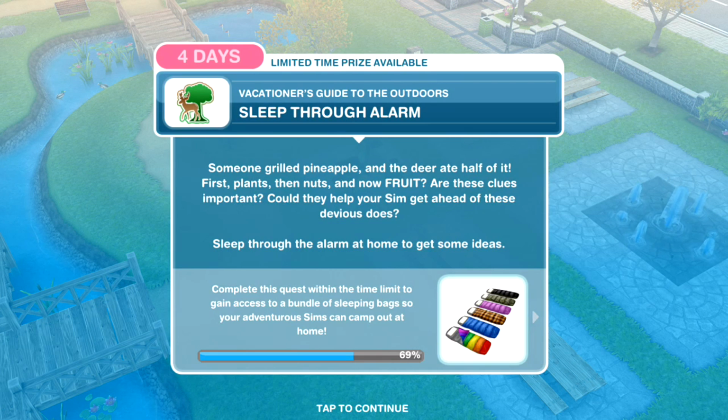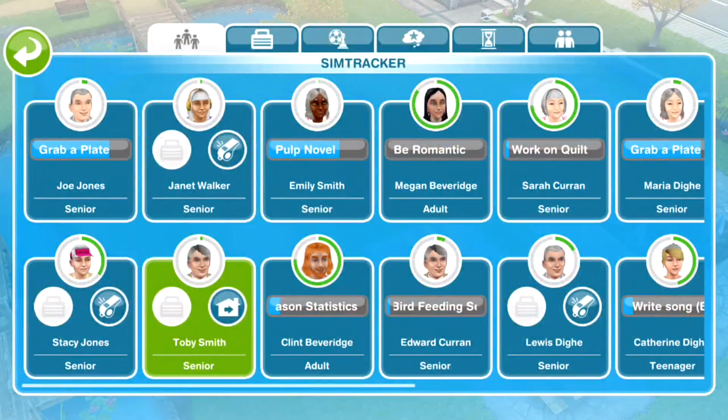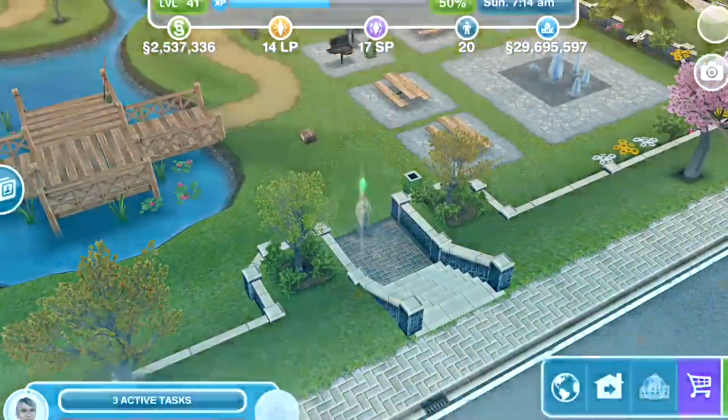First plants, then nuts, and now fruit. Are these clues important? Could they help your sim get ahead of these devious deer? Sleep through the alarm at home to get some ideas. Okay, so maybe this is something that you can start early. Let me know down in the comments if you've done this quest and if you started the sleep through alarm early, because that would be useful